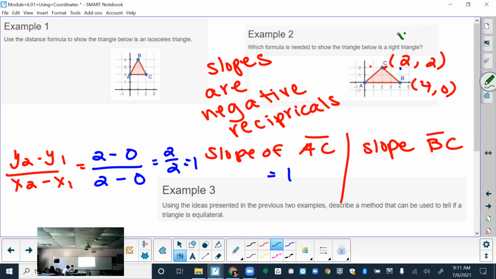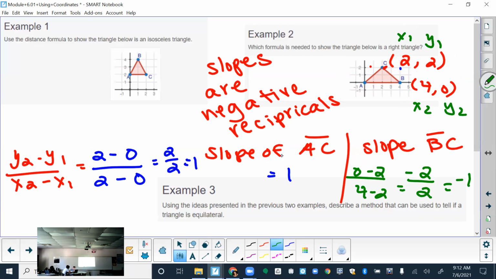Then we have x1, y1, x2, y2, plugging it into the same formula. So my y2 minus my y1, which is 2, over my x2, which is, good. 0 minus 2 is negative 2. Good. 4 minus 2 is, which simplifies to